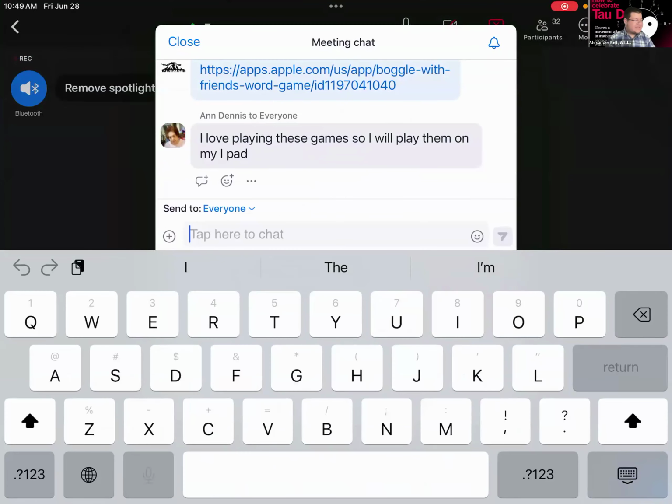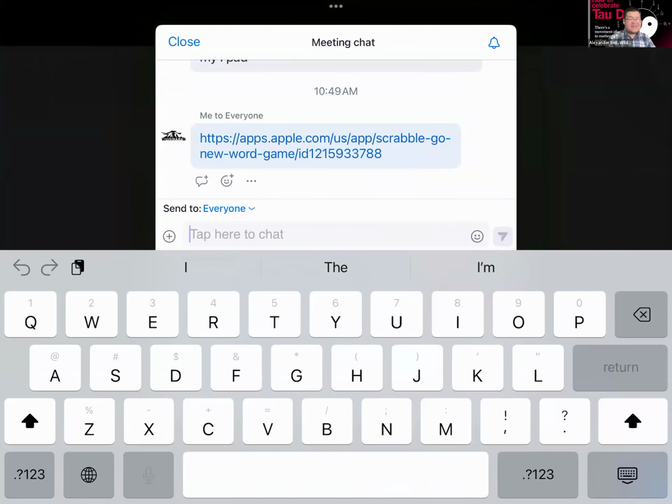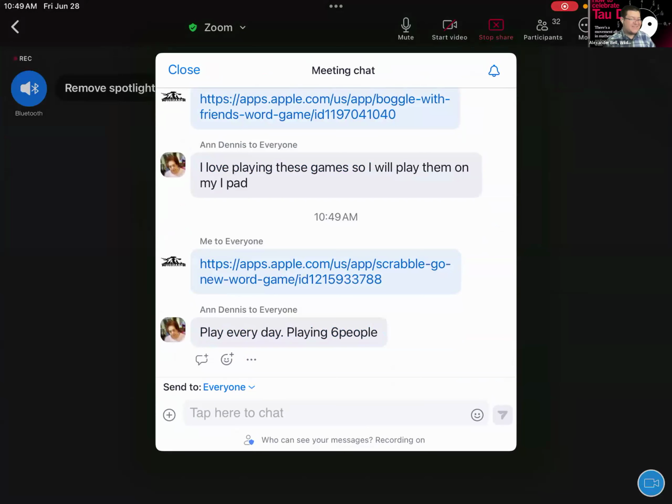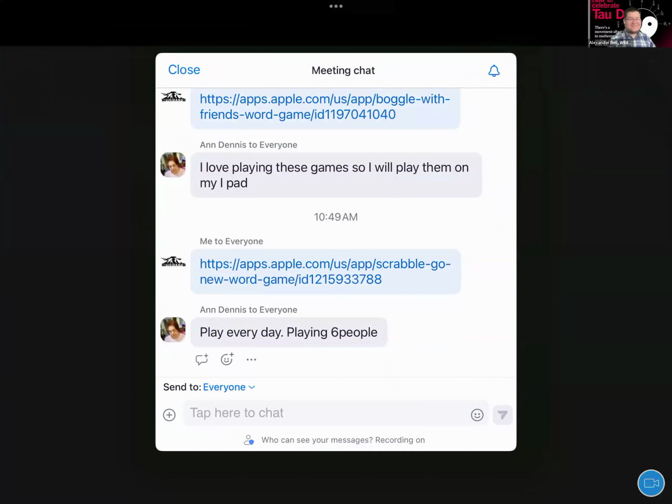And I did not put this app, so good. I'm glad I remember it. So that is the link to Scrabble Go. Again, if you like Scrabble, if you want to take advantage of this app and play some Scrabble, learn some words, and just keep training your brain. I love playing Scrabble. It involves a lot, so it really does train your brain.